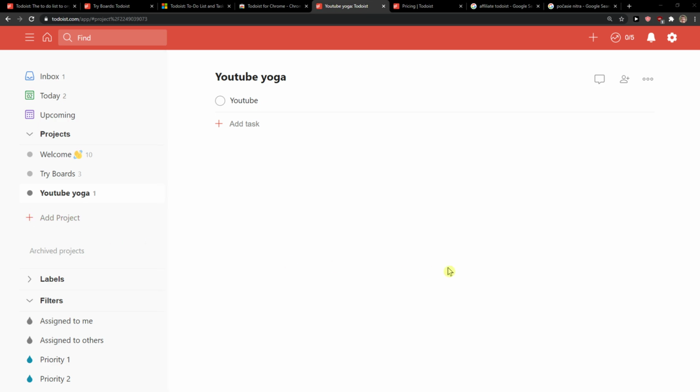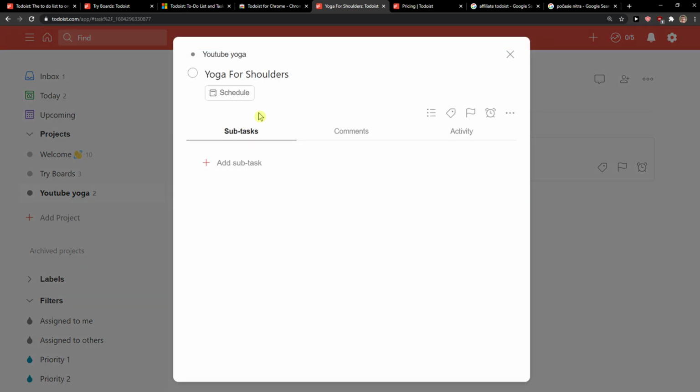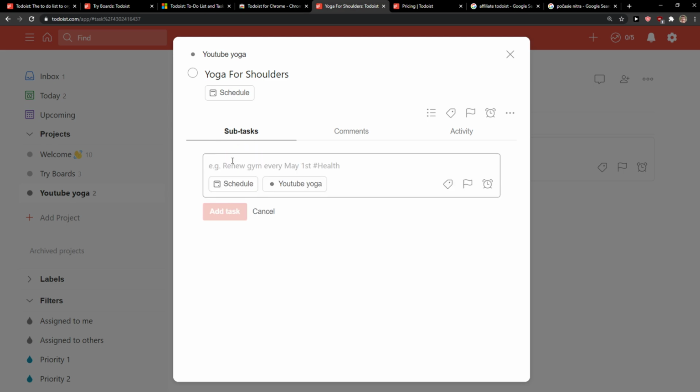Add subtask in Todoist. So let's start. The first thing that you want to do is just click here on add task, and let's go on a YouTube yoga for, I don't know, shoulders. Click on it, and when you're gonna click on it, you're gonna see subtasks here. So we want to click here, add a subtask, and you can add,